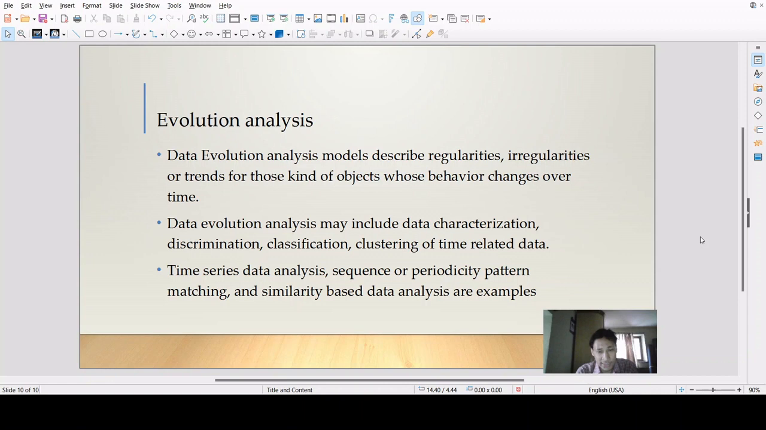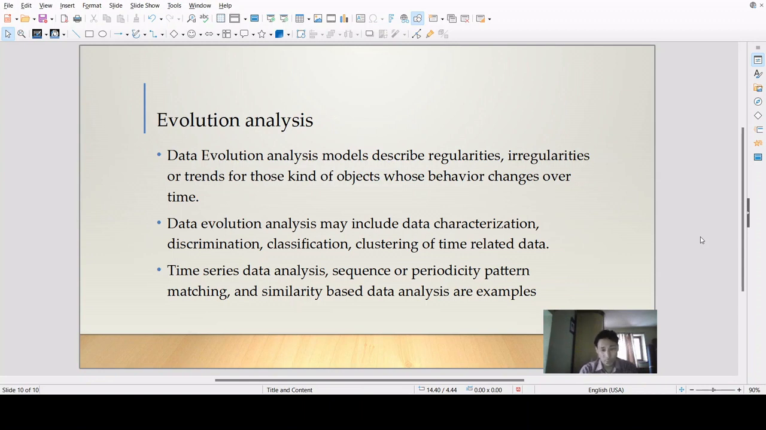Data evolution analysis may include data characterization, discrimination, classification, and clustering of time-related data. Time series data analysis, sequential and periodicity pattern matching, and similarity-based data analysis are examples of evolution analysis. The sales of a product over 10 years, that is time series data. If we analyze the data, we can see fluctuations in the sales of the product, and it will be interesting